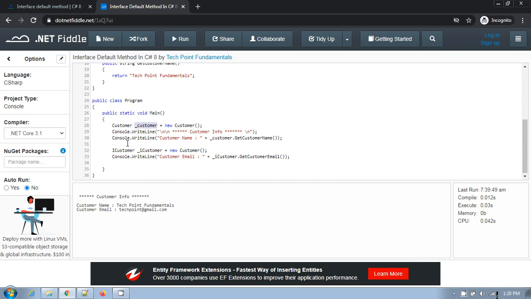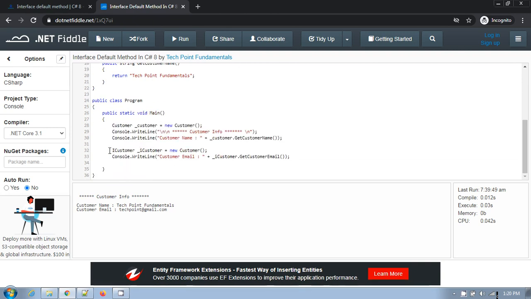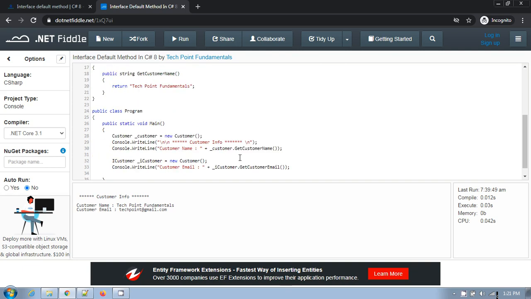If you try to do that, you will get a compile time error. If you have to access the default interface method get customer email, then you have to create an interface reference variable. I have created a reference variable of type ICustomer, and with its help I can access get customer email, which is the default interface method.